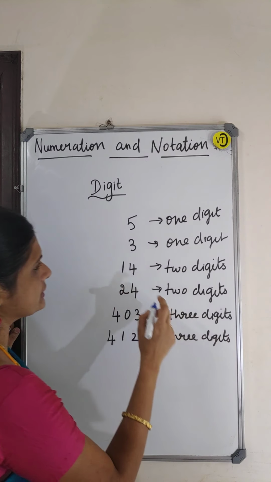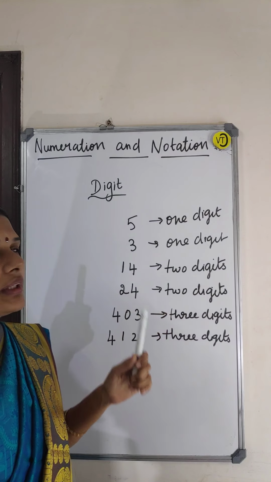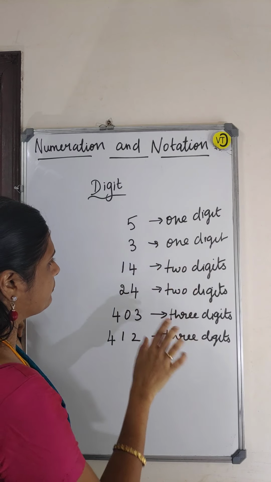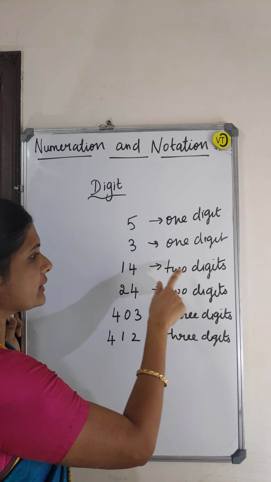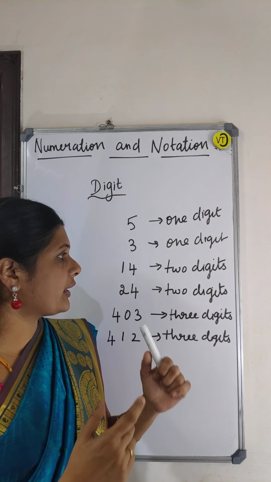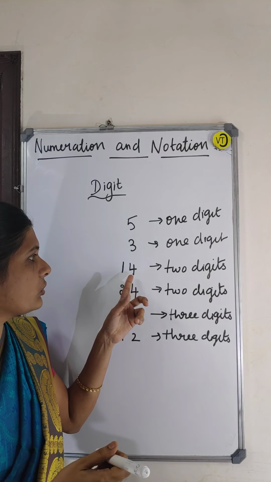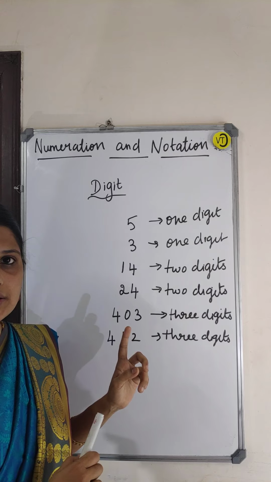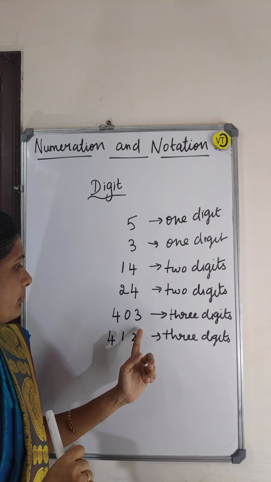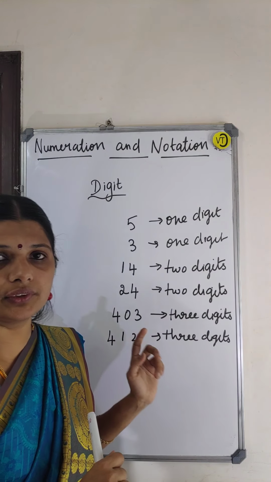So this is digits. What is meant by number? Number is different from digits. Right. So here 5 is a number. 3 is a number. This digits means 1, 4 is digits. What is a digit? 2 digits here. 1, 4. Right. But if I tell it is a number, it means 14. You know this number, right? 14 this is. What is this? 24. How can you call this number? 403. This one? 412. Okay?